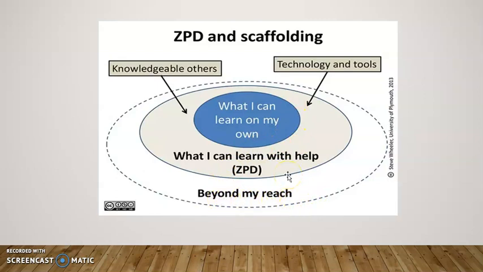So if they're trying to learn something new, a new skill, for example, they're trying to learn the guitar. They would like to learn the guitar, but they're not able to do it right now. So what do they do? They depend on the music teacher to help them build those skills, help them to understand how to play the guitar so that they can reach this area right here. So this is how we would look at the zone of proximal development and scaffolding. Scaffolding is this person creating, if you know what a scaffold is like against a building, it helps you to reach the next level. And this is really how I understand the zone of proximal development.